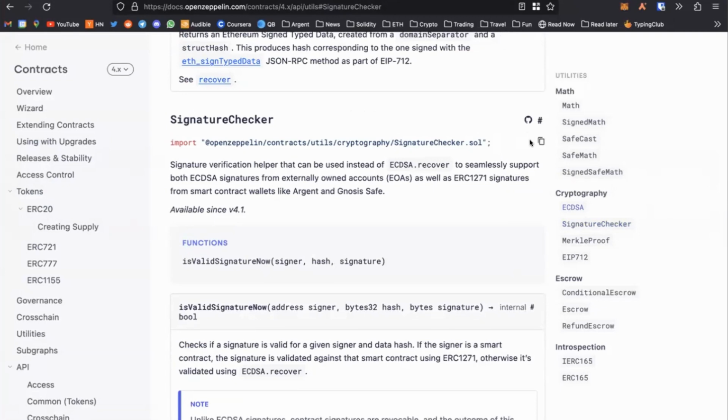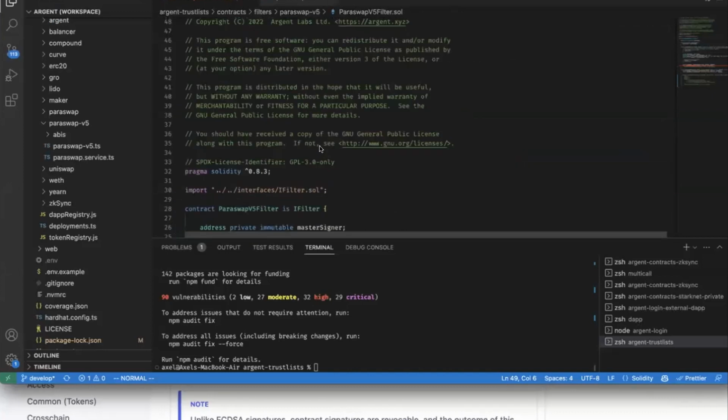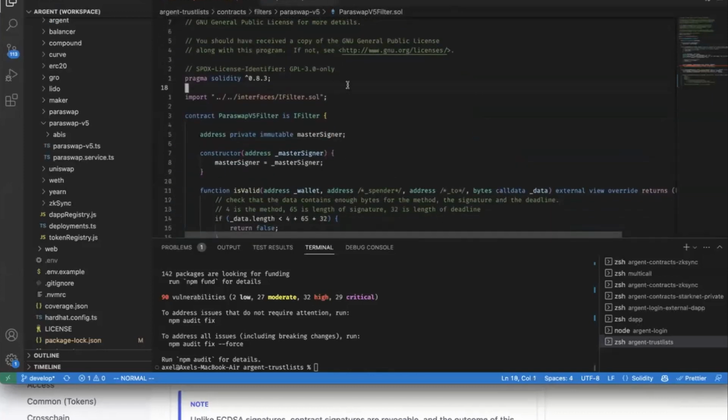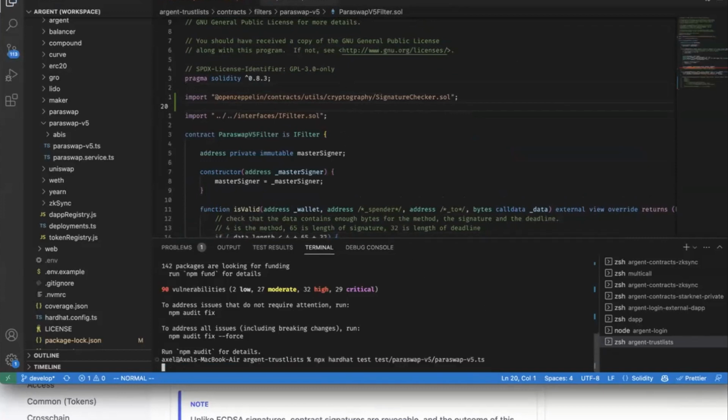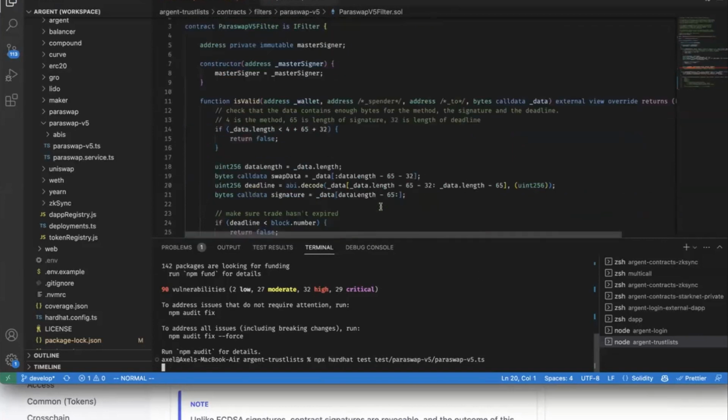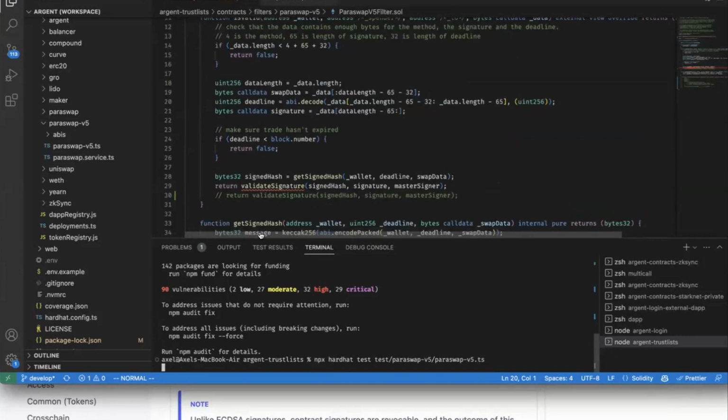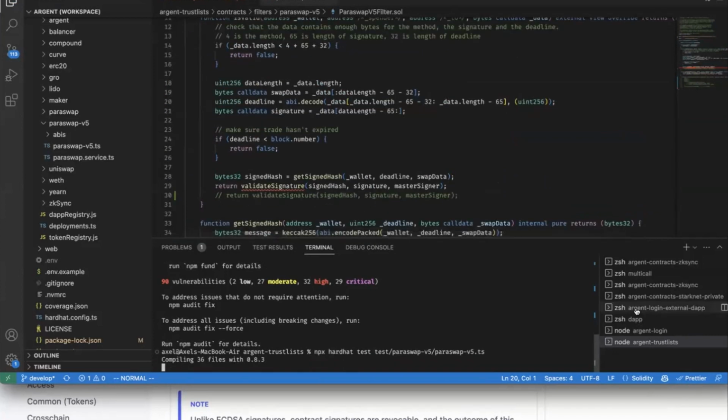Sometimes it's not super easy to find what you're looking for in the OpenZeppelin docs, but basically we have another import. Let's test here and check if the import even works. It should recompile and call this isValid method. Well, actually it shouldn't because I have a comment here. So let's see the error. Cool.